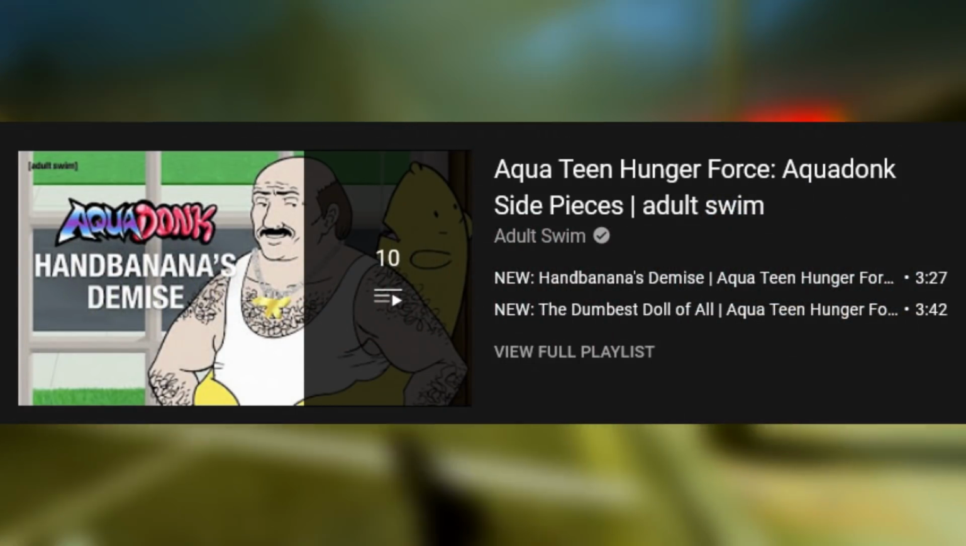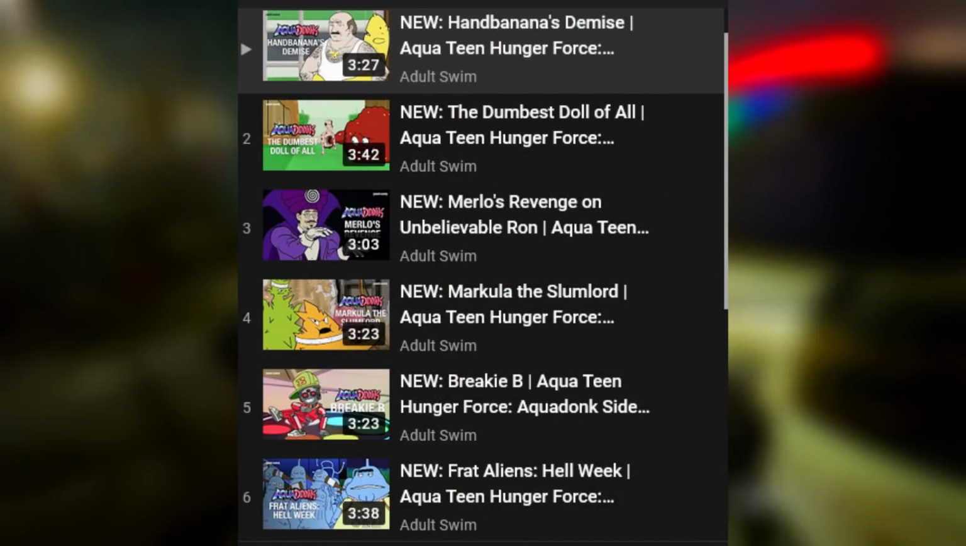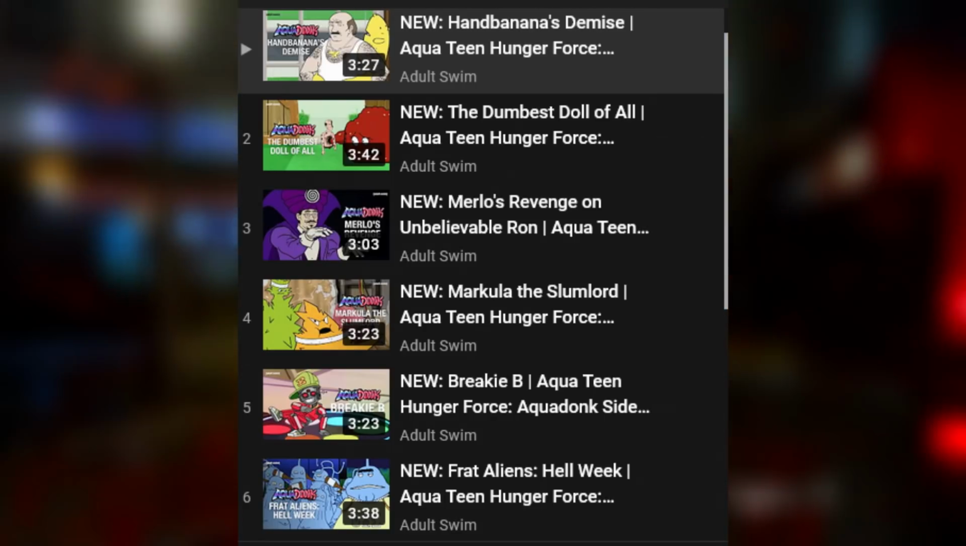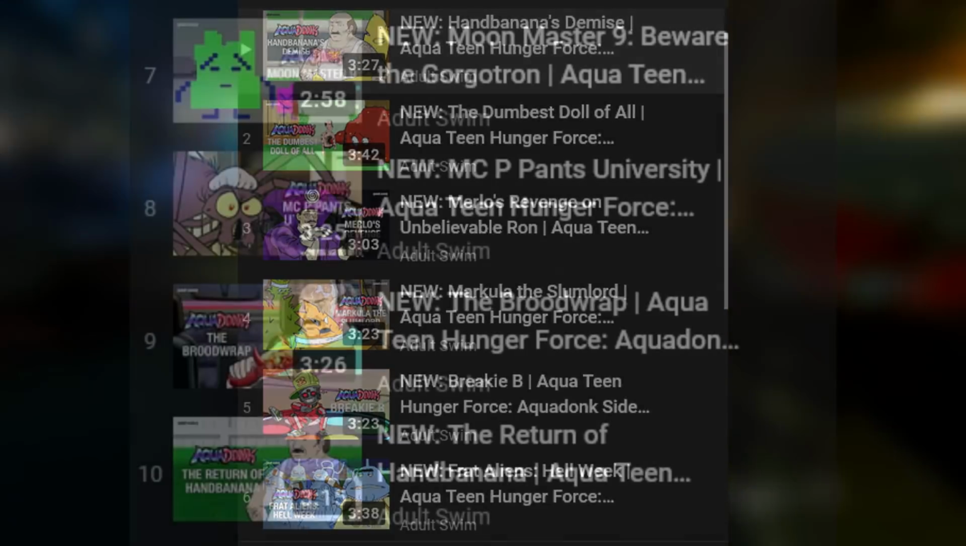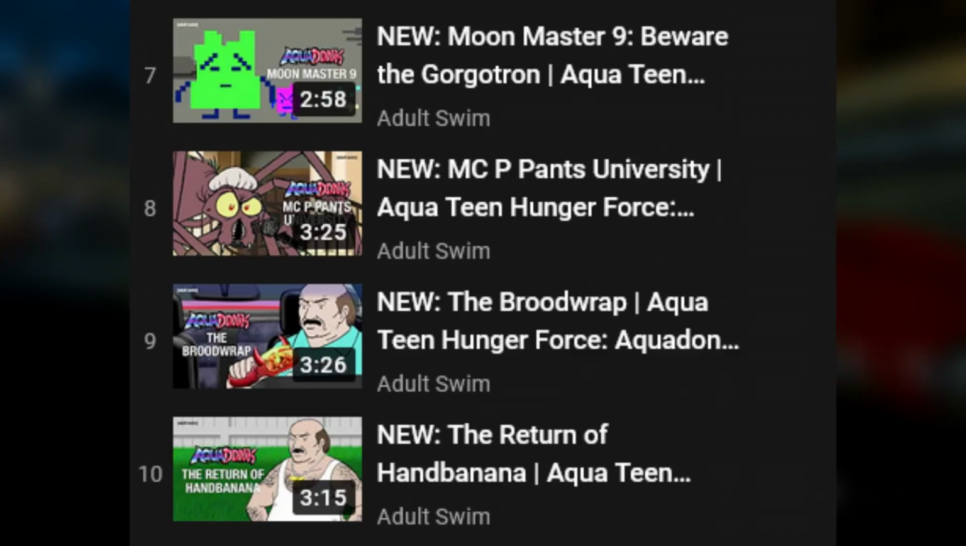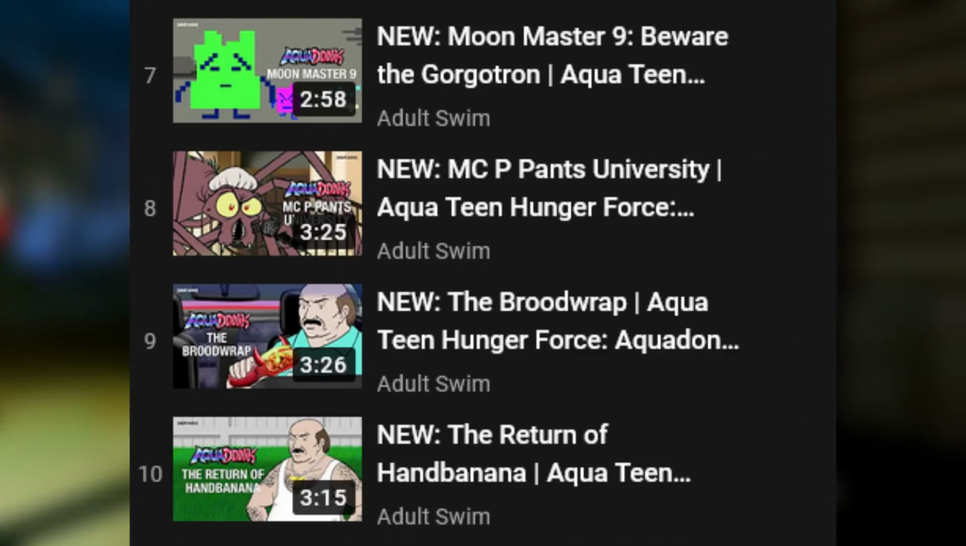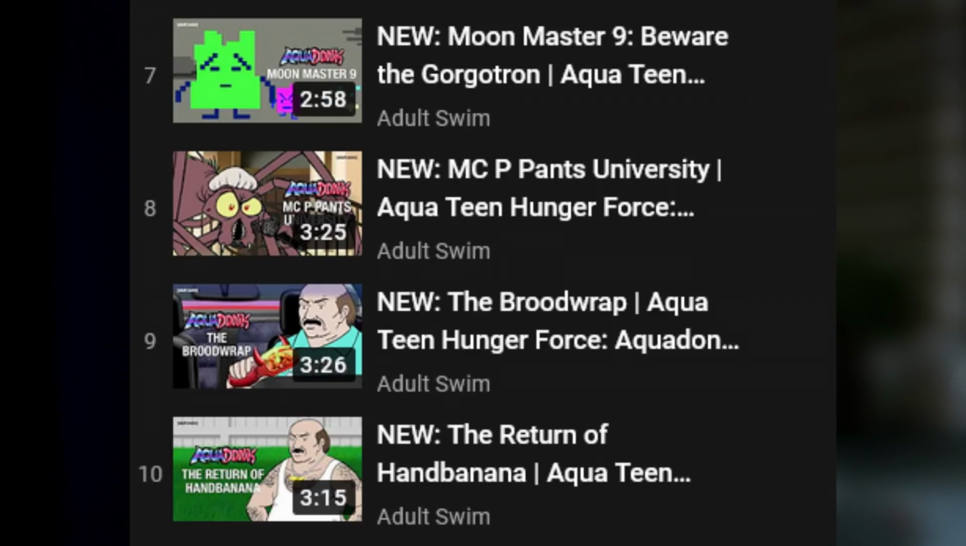The villains that make a return are Markula, the Moonanites, the Plutonians, the Frat Aliens, Hand Banana, Merlo, Happy Time Harry, the Brood Witch or the Brood Rat, MCP Pants, and the Cybernetic Ghost of Christmas Past from the future. This was the first real piece of Aqua Teen content that the fans have gotten since the finale, which premiered